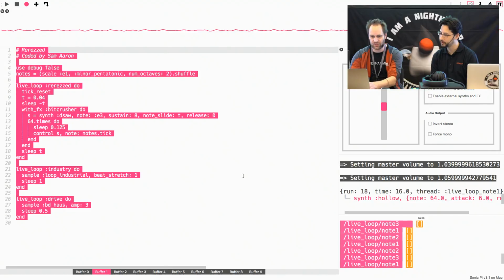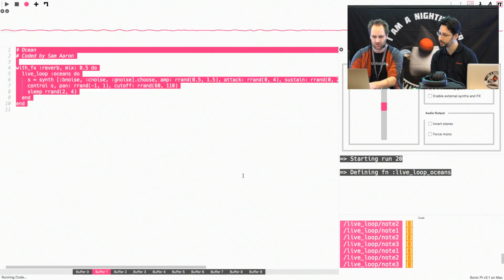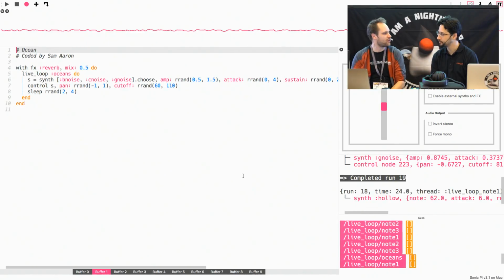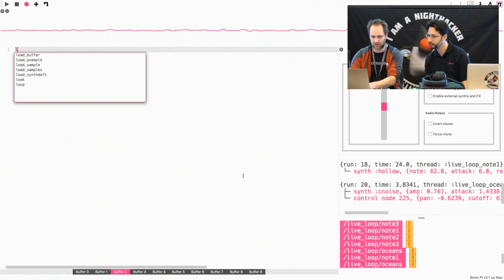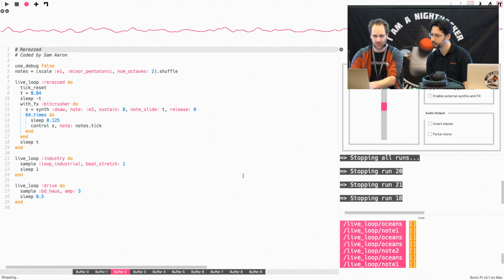You can even have multiple buffers running at the same time. If I load another example, let's load the oceans, they're going at the same time, so you can combine these things. Or let's load this one. This is much more